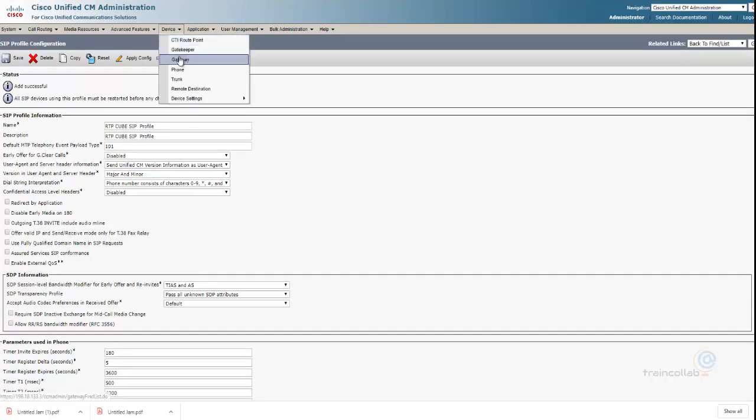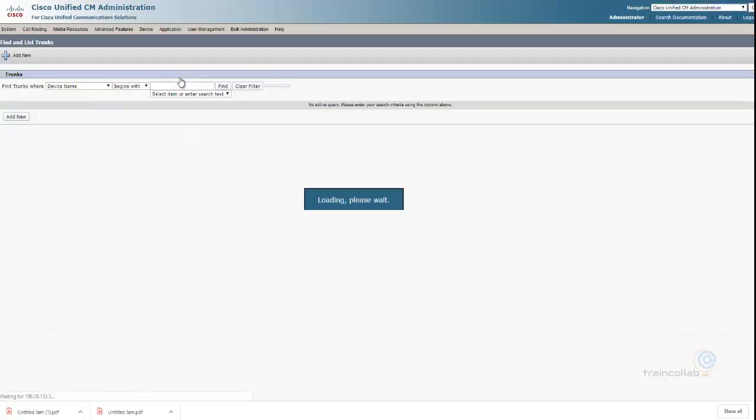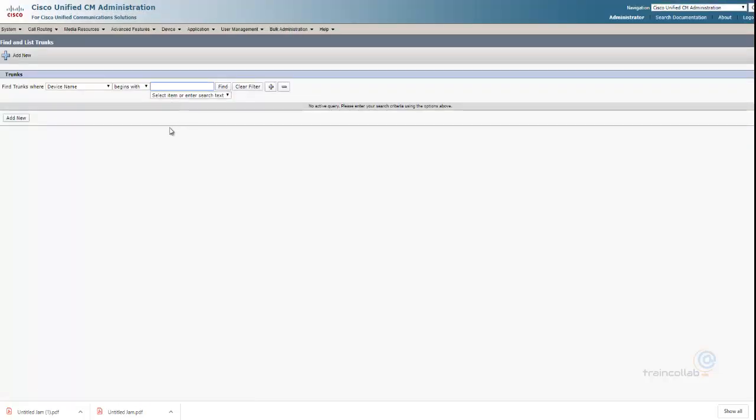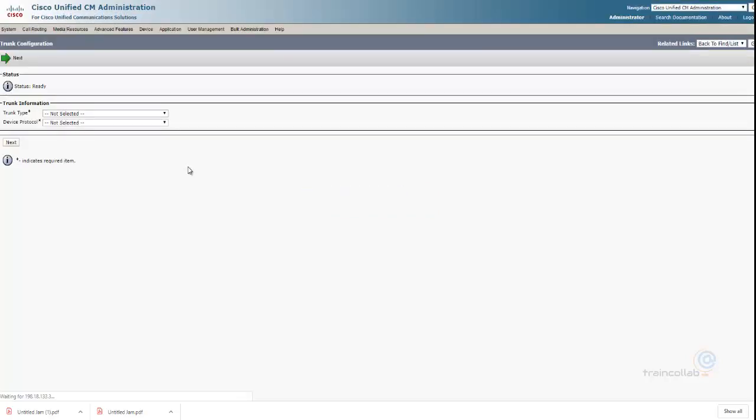Let's go ahead and configure a SIP trunk. So we go to Device, Trunk. This SIP trunk would be not directly to the provider but to the Cube. You could also do it to the provider, but then you will have very few features, and it's not secure, and a lot of other things. So that's why we would configure a SIP trunk between CUCM and Cube, and then from Cube to the service provider. So we'll do Add New here, and then we will select SIP trunk,